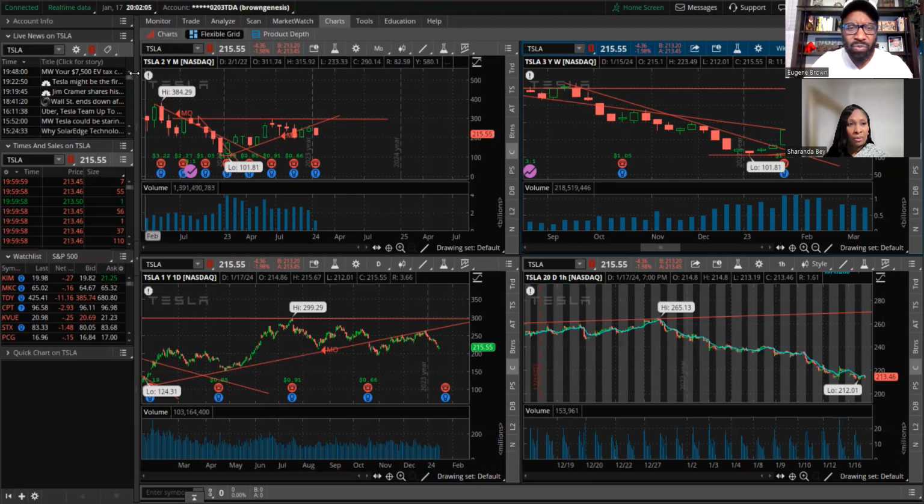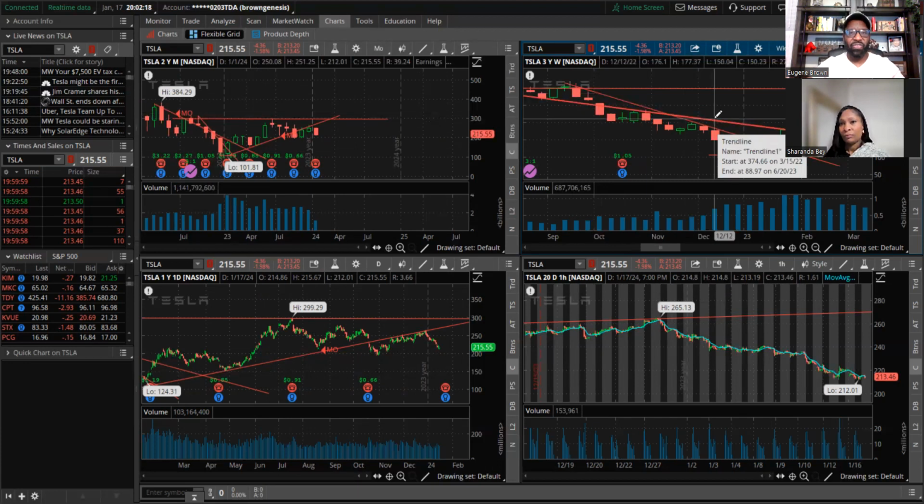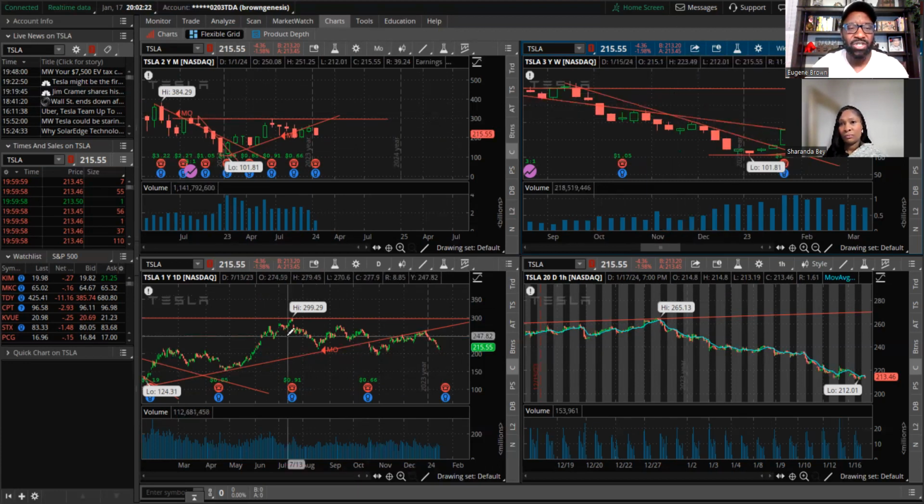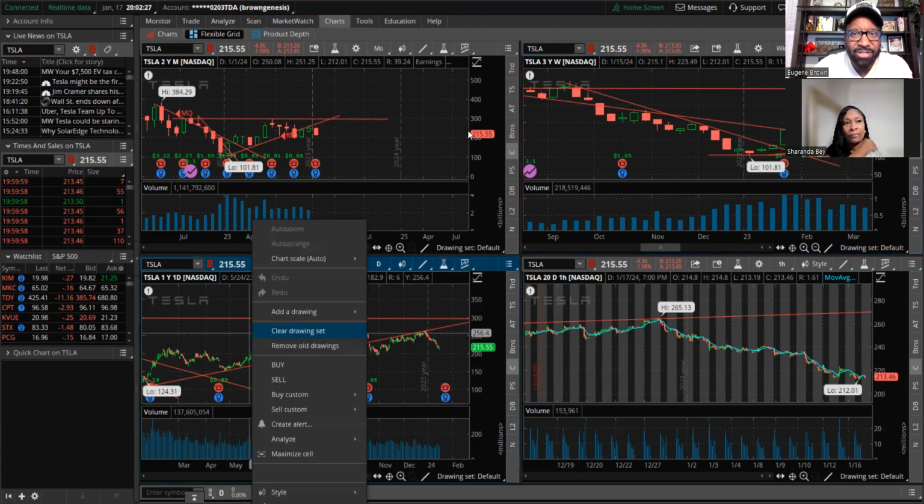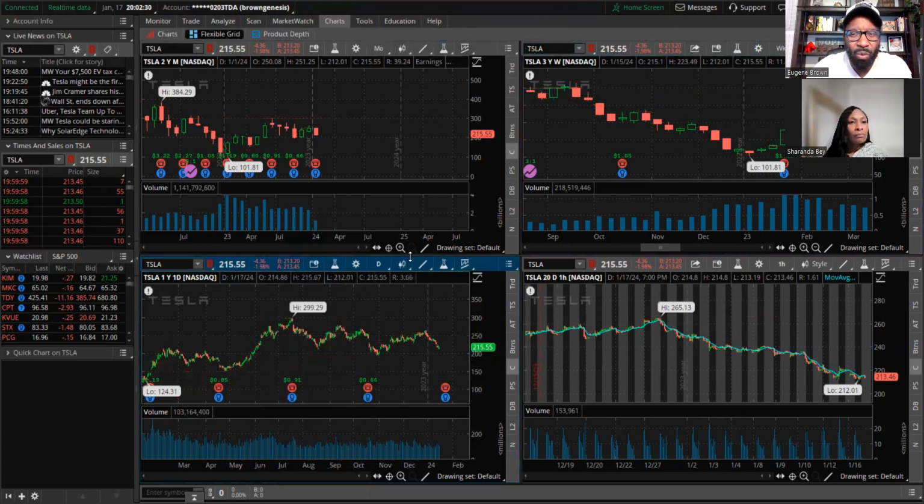So you're looking at a four square again: monthly, weekly, daily, and hourly. If I'm evaluating the weekly, I must first take a look at the monthly so I understand what the big picture is, so that it'll help me in my decision making. So daily, I'm going to clear these lines. If I'm starting to think about where I would enter it, I know that this stock needs to hold 148